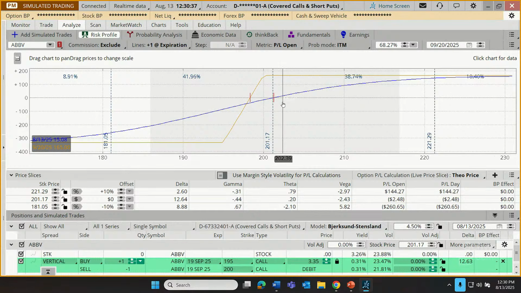So let me phrase it this way. There's about a 39% chance on this bullish trade that we're about to place that if we stuck our head in the sand and popped up for air on September 20th, the stock would be somewhere between 201 and 221. About a 39% chance that we land somewhere in there.